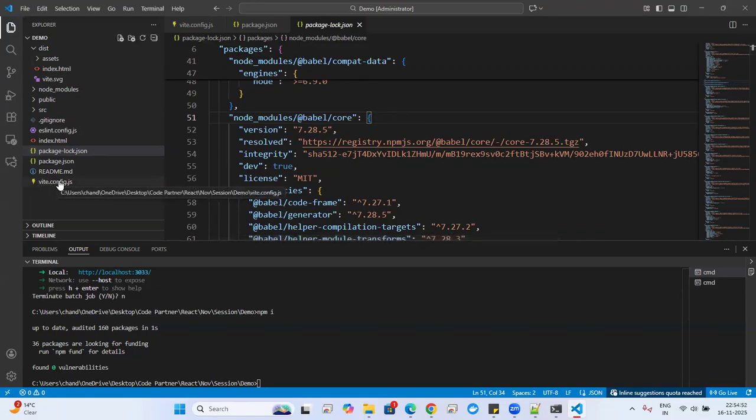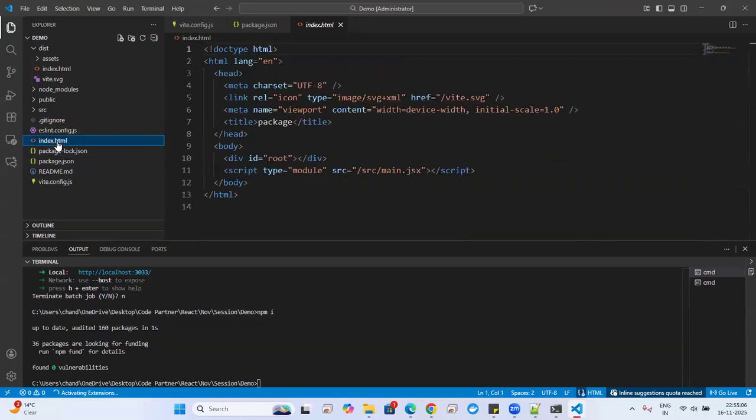So here you can understand vite.config and package-lock.json. This file you can understand, correct? Exactly. And yes, lint as well. Yeah, lint config. Exactly. Now we'll talk about the